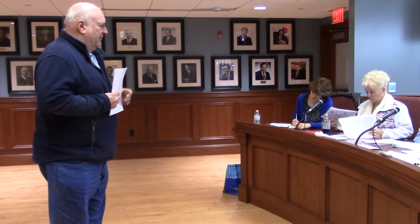The bottom part of the house is going to be a two-car garage. It's going to be a 2.5-story house. We did get approval from the zoning board of appeals last night for this project. Okay. So the first floor as it stands now is going to become a garage, and it's going to be